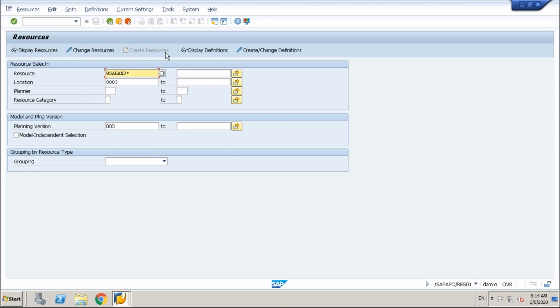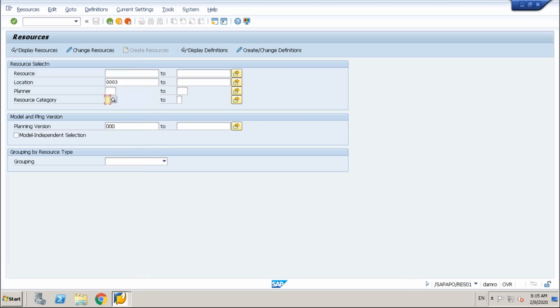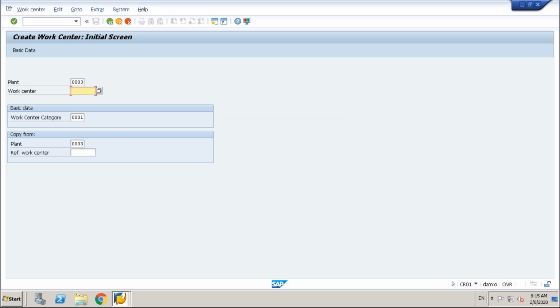The create icon itself is not there here. You can actually see the category, but in S4 it doesn't let you create a handling unit or any resource, because for everything you have to go to your work center, and that's where you have to create it. So here I'll go to CR01 transaction. I'll say F and